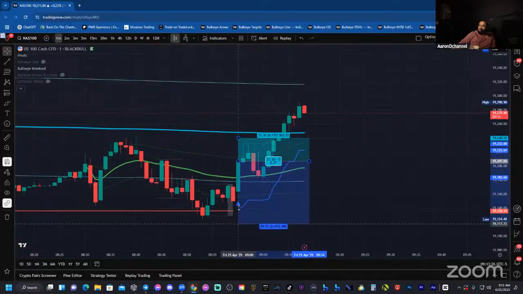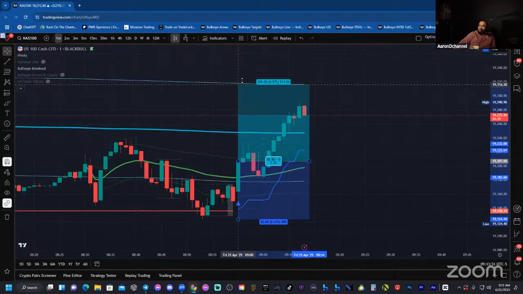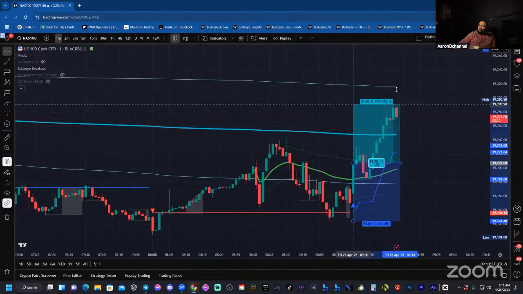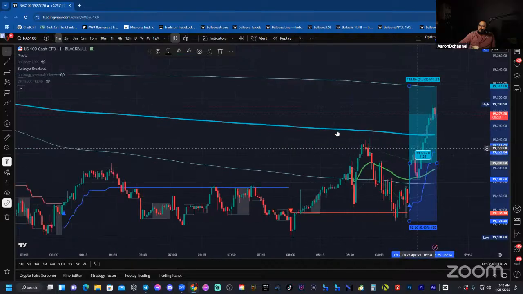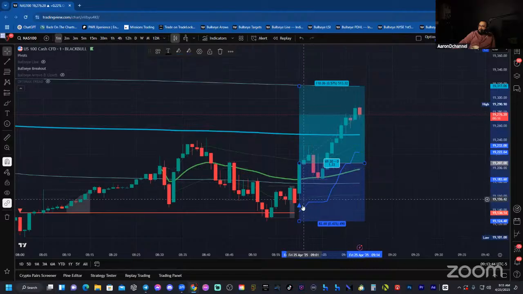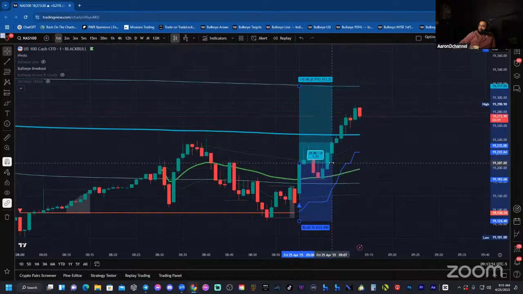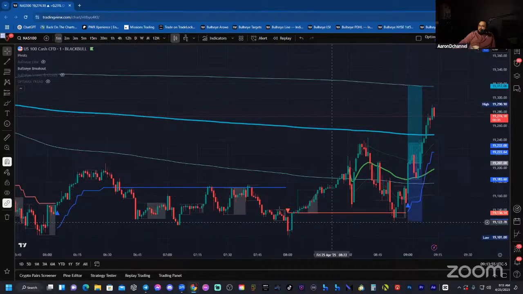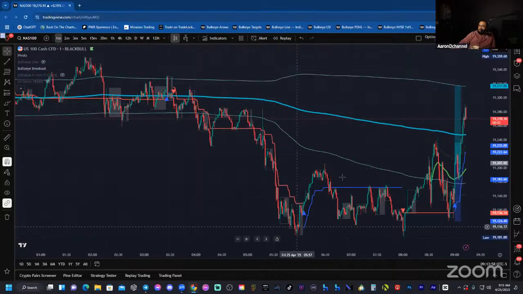Still testing it out on the live market, right? Stop loss and everything like that is the same. We'll see what happens here. So off of that breakout, you've already seen 83 points. That's beautiful. And you stay in that trade. Stay in it until you get a reason to exit. And the reason would be when this breakout starts to show signs of reversal. That's it. See, blue to red. Here's a red to blue.